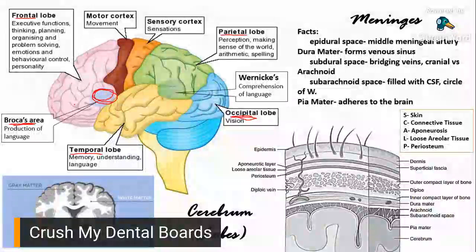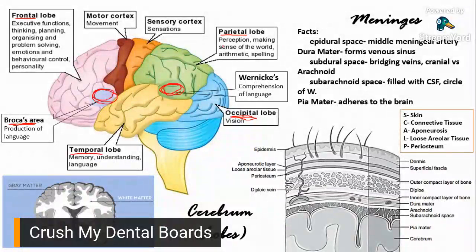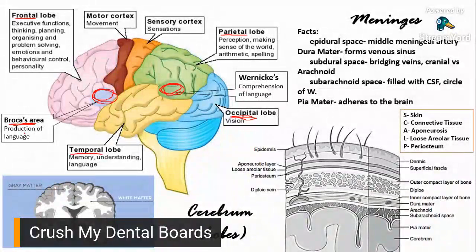That's Broca's area. Now the other one is Wernicke's. Wernicke's area right here. So Wernicke's area is close to your parietal and temporal area. Now Wernicke's, this time, has something to do with language also, but it's more of comprehension of language. Remember, parietal is making sense of things. So Wernicke's area is more of making sense of words. Broca's is production of words. Okay?